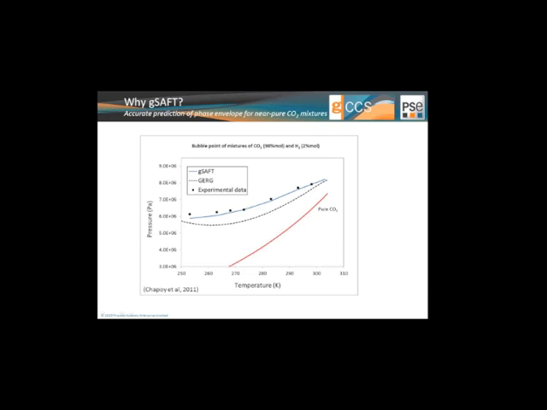What we can also see is, firstly, if we analyze this, and you might remember that some studies on the feasibility of CCS were carried out with pure CO2 providing the physical properties, viscosities and densities, etc. You may have recognized that even at 280 Kelvin, we can see that the difference in vapor pressure is roughly around 30 bar. So impurities are extremely relevant to the phase behavior of these near pure CO2 mixtures and need to be taken into account.